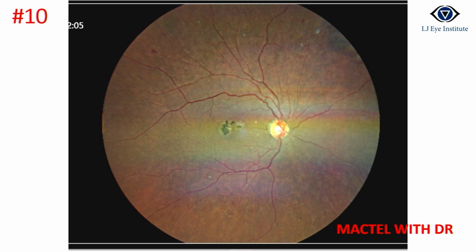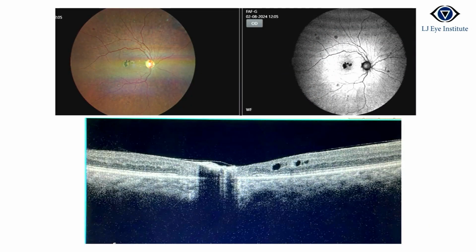Now this type of OCT is a little typical of MacTel, in that we see a thick pigmentary line at the inner retinal surface, which is showing this back shadowing. Generally this is seen juxtafoveal. If you see this type of picture juxtafoveally, we should think of MacTel once. Of course we need to do other modalities also, but OCT can just give a clue to you.